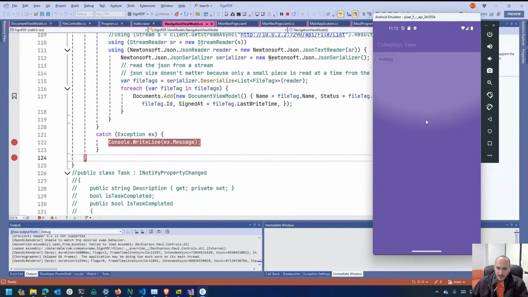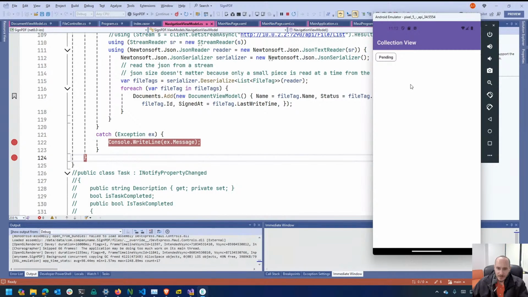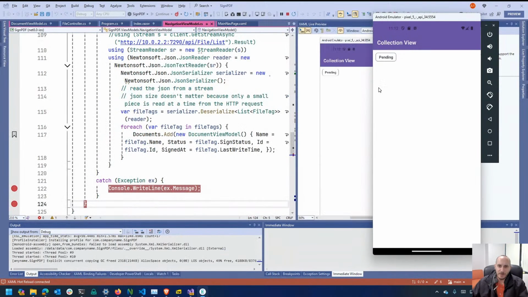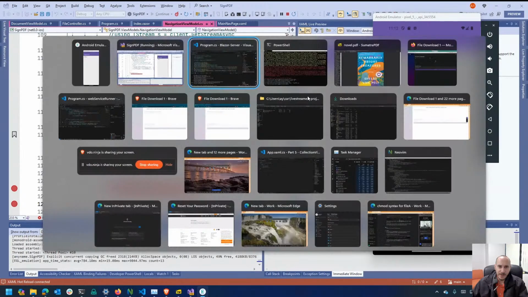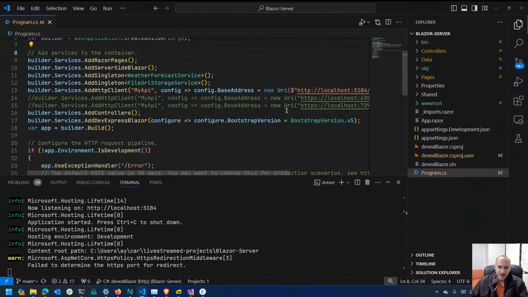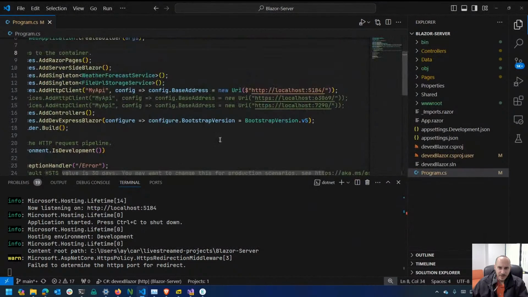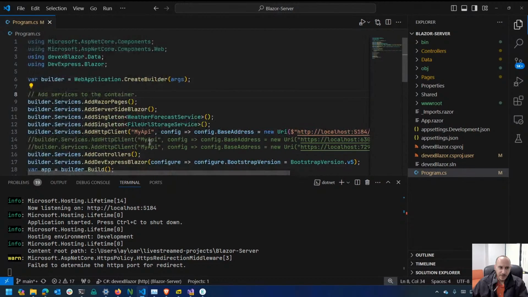It's running here, and it should load the collection view, but it's empty. Unfortunately, this is as far as we can get today. I don't think we're going to get much further. I'll have to diagnose this a little bit more. But the point is that we are able to get a list of items, and that list of items is basically a set of file tags. Using that set of file tags, I'm able to pull out